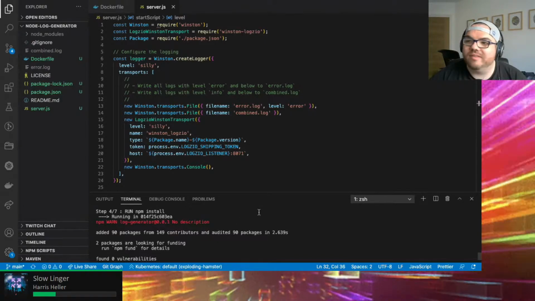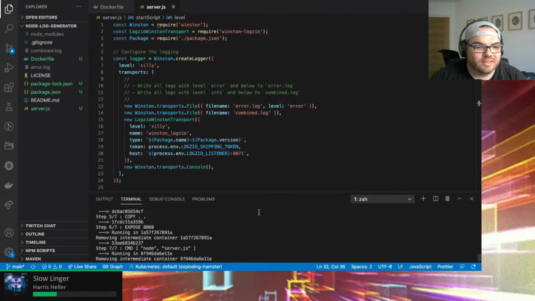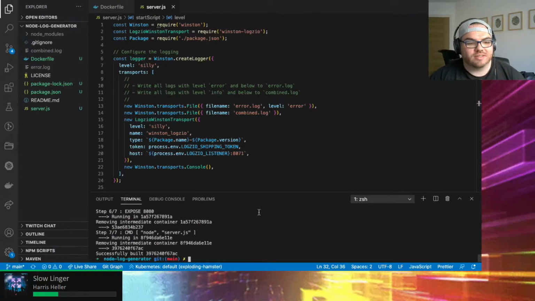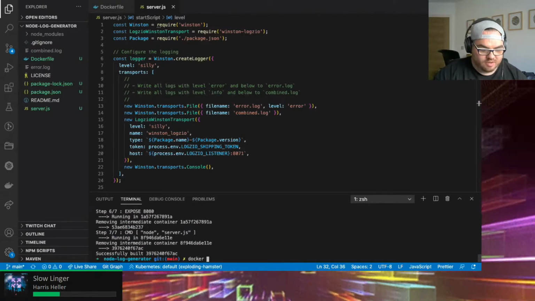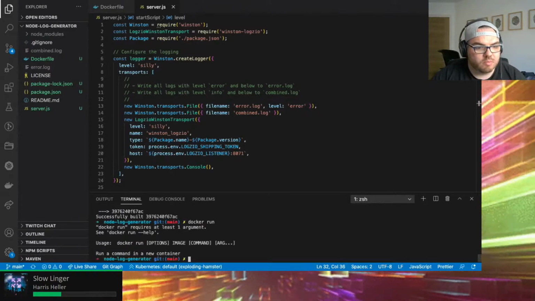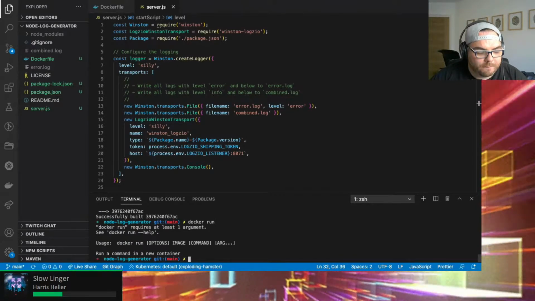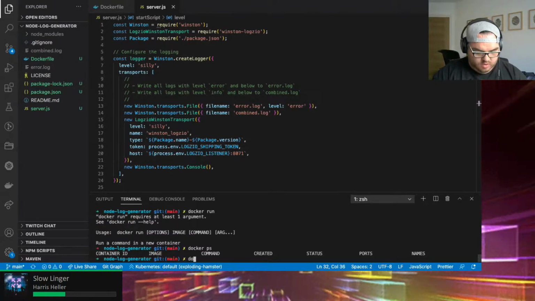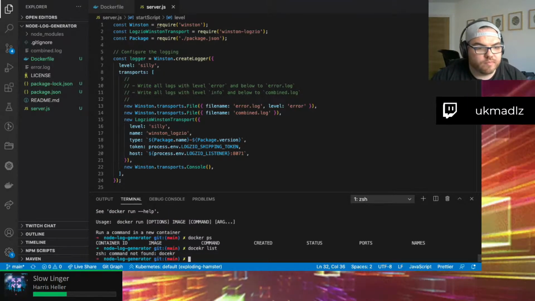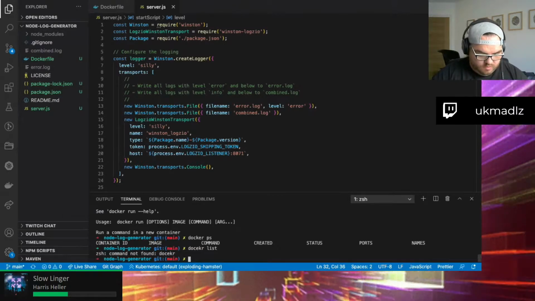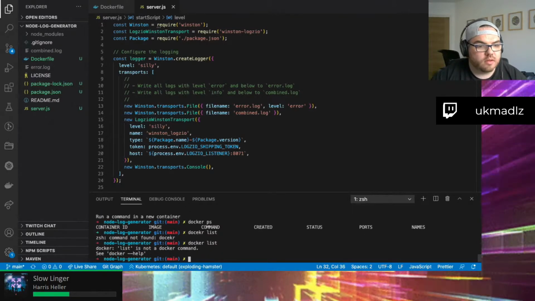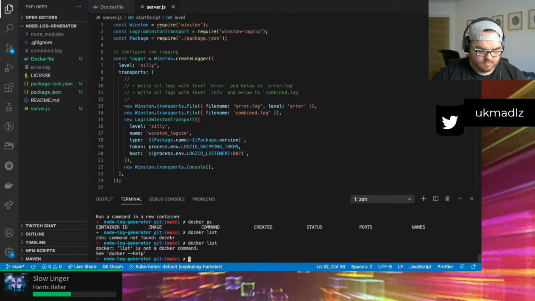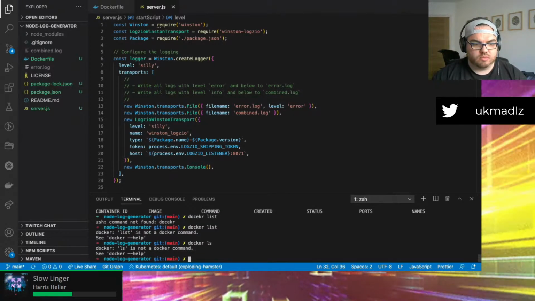No description. Keep forgetting it's strict. And then Docker... nope. Docker PS. No. Docker list. Docker ls.